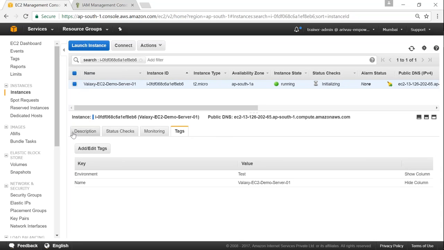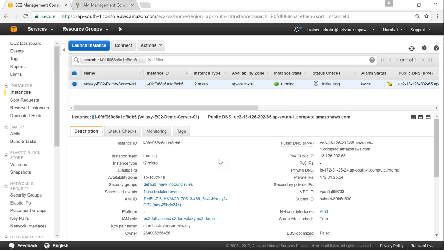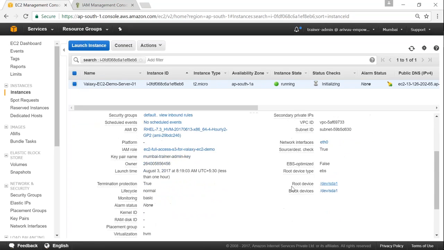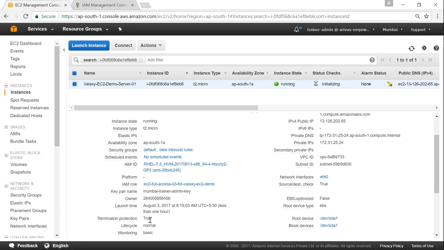So that is all there is to it, and the general summary of your instance is available here. That is in the description field, and here you get the IP address, that is a public IP address, private IP address, and how many interfaces are there. And you can see here whether the termination protection is true. See here, we set the termination protection. That means that nobody can shut down the server